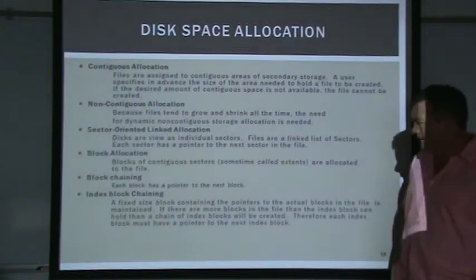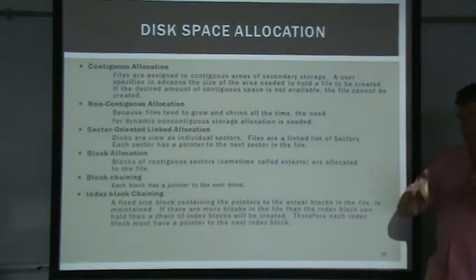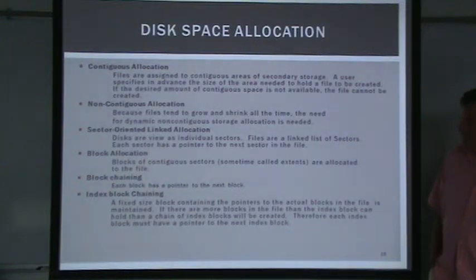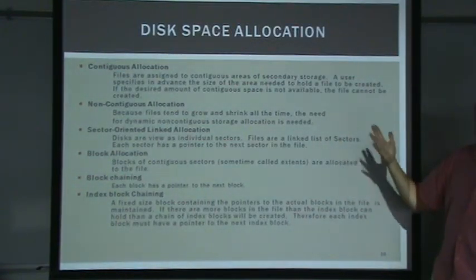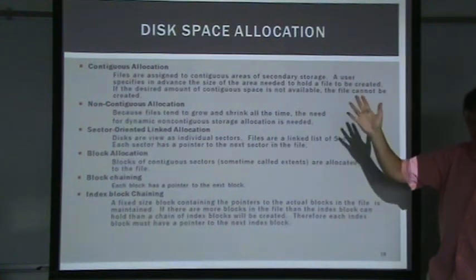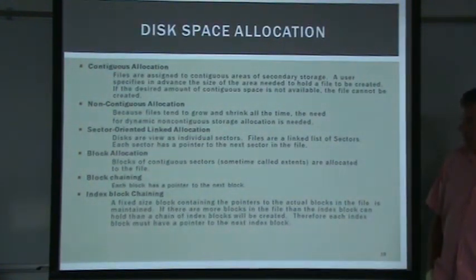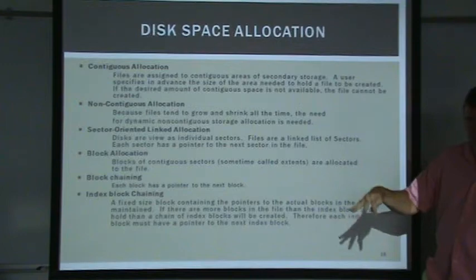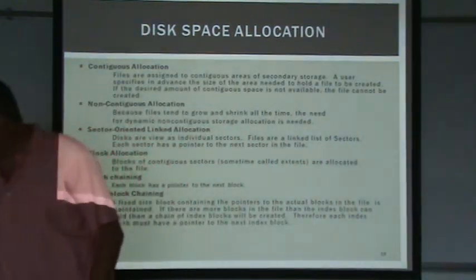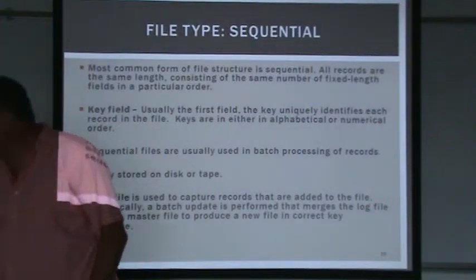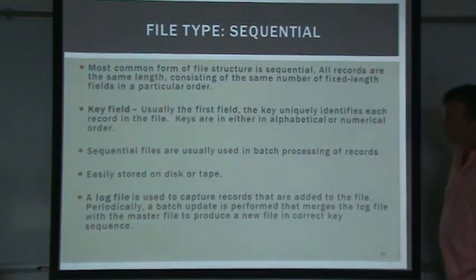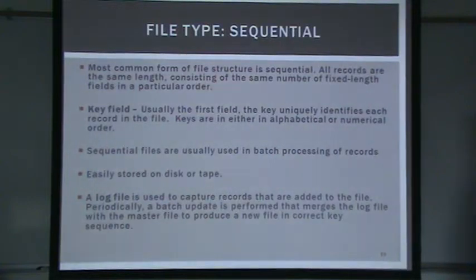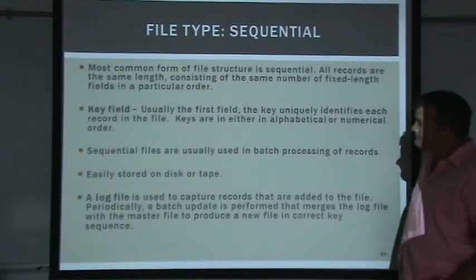Okay, and then index block chaining would be a case where we have maybe one big index where all the blocks are, and then they get linked together. So just different ways. I'm sure if you just spent time, you'd probably come up with these mechanisms, and maybe you could come up with a new one that's interesting. But just a way of writing the data of your file on the disk and then somehow being able to keep track of where it is. So when the operating system comes in with a file name, you could look it up in some type of an index, and then find the file. And our goal is to be able to write the file and read the file as quickly as we can, depending on what our application is.